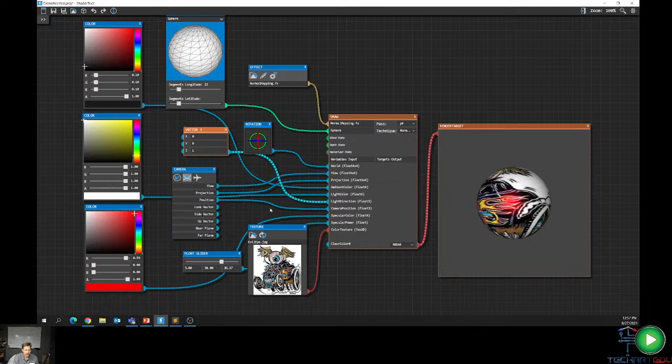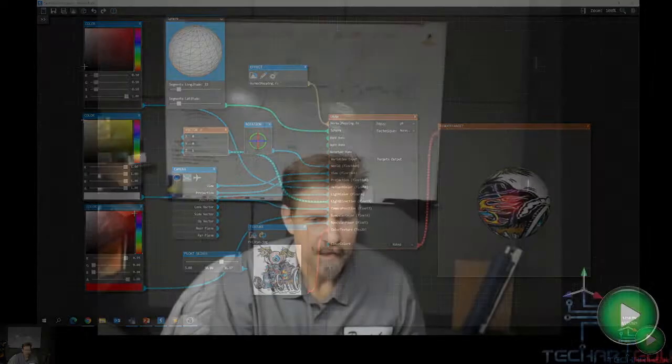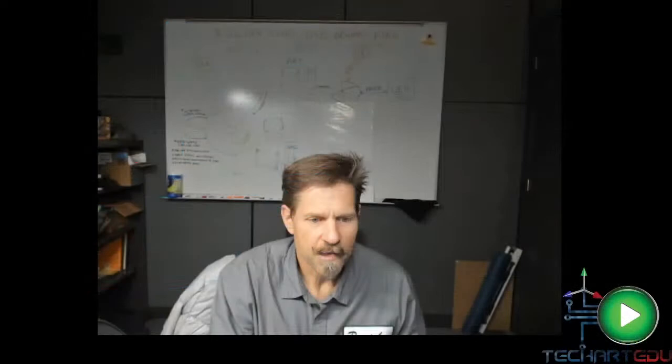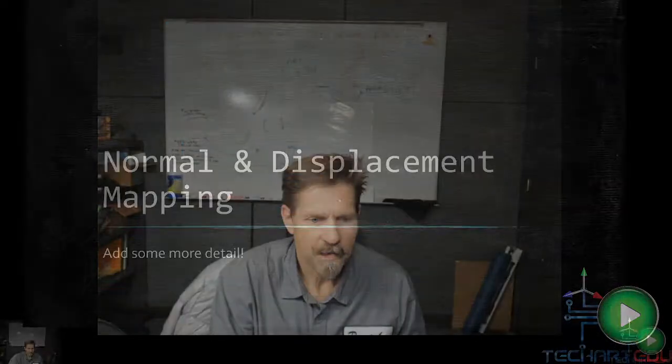So here we are, we've basically gotten to where we left off a week ago, and we've reproduced all the Shader Ed. Now let's talk about normal mapping. Thank you very much for your patience. Okay, normal mapping is definitely one of those critters that is a lot more difficult to explain than when